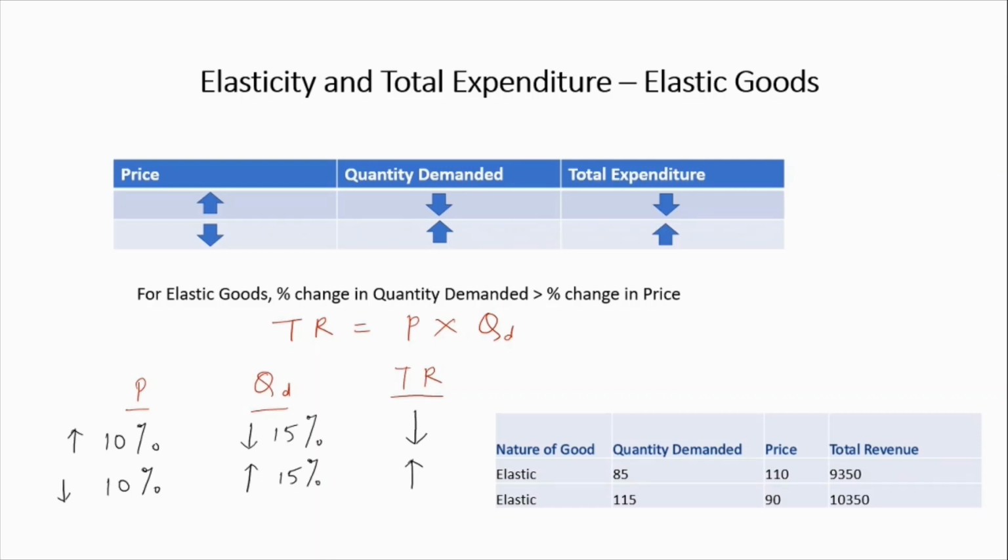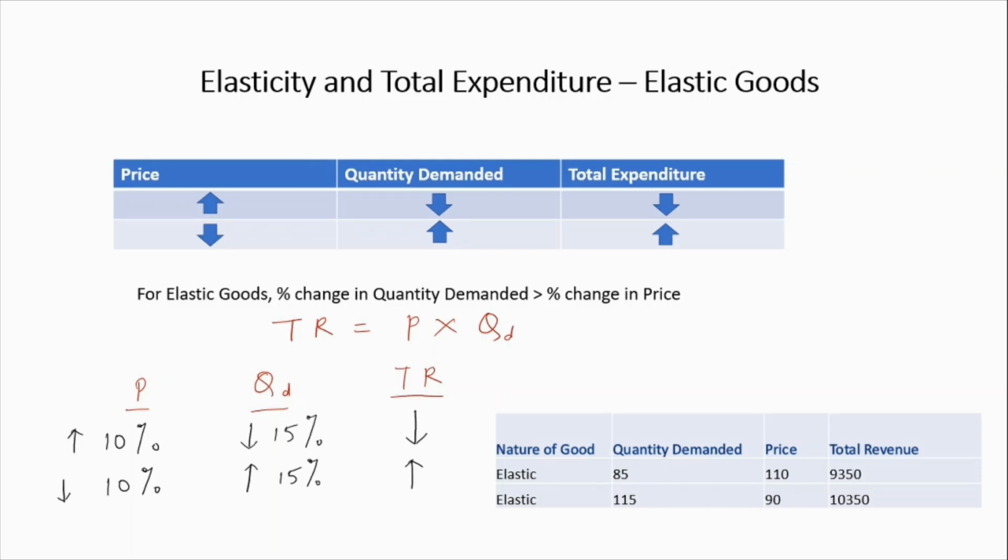Now let's look at this example here. Initially, suppose the price is set to 100 and quantity demanded is also 100. Okay. Now let's take the first case when price increases by 10%, which means from 100 the price has gone to 110. So you can see 110 in this table here. And when price is 110, what happens to the quantity demanded? It decreases by say around 15%. So from 100, the quantity demanded has gone to 85.